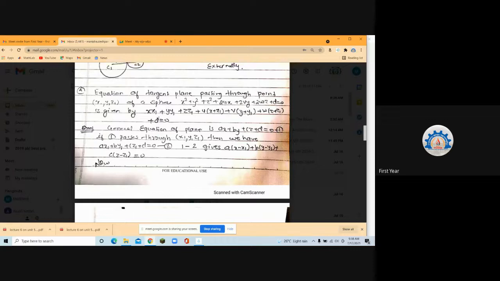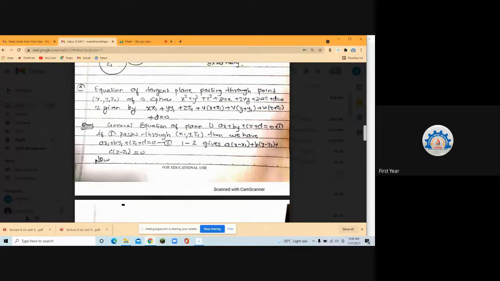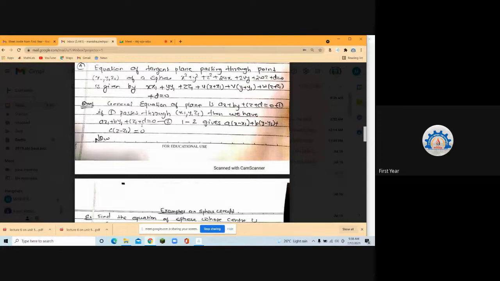Okay. So now if I want to find the equation of a tangent plane to a sphere, the answer is given here. How do we get it? Do you want me to explain the proof of it? It's quite easy, but still if you want, I will explain it. Quickly reply. It's okay, ma'am, I guess. Just go through these lines, see whether you have understood, and again one of you all can explain.